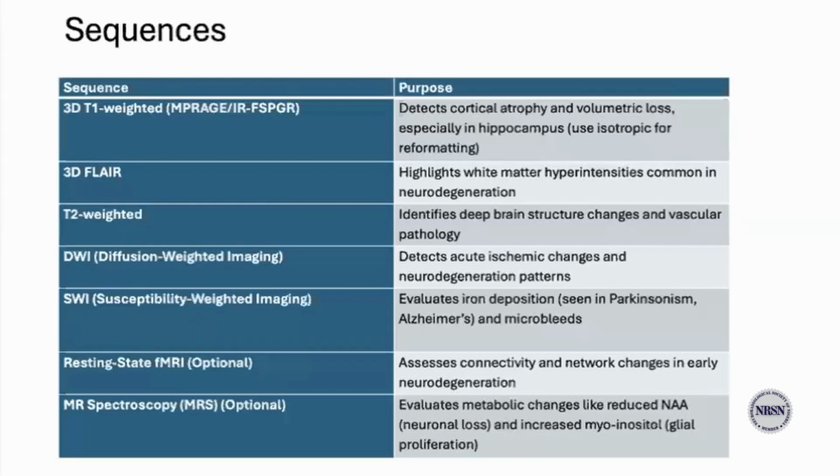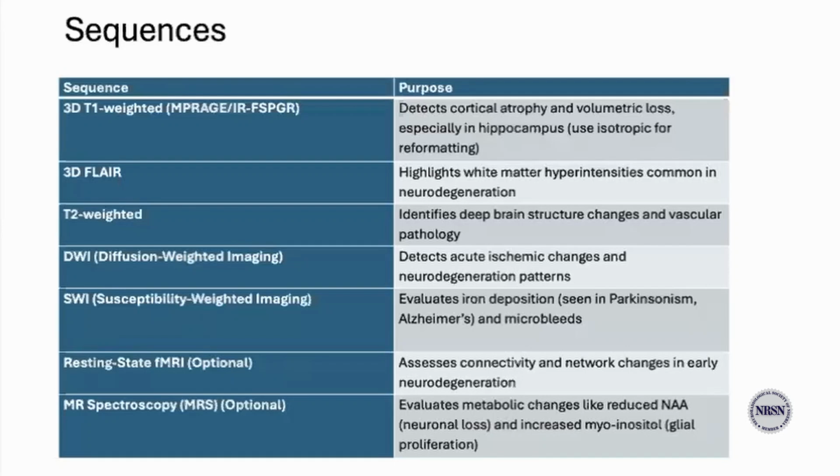All the 3 dimensions have to be equal. So for example, it can be 1 millimeter by 1 millimeter by 1 millimeter, so that you ensure you're not missing anything. Then we do a 3D FLAIR, again, to highlight white matter hyperintensities, which are very common in neurodegeneration, especially early enough. Then we do T2 weighted imaging, of course, to identify the brain structure changes and vascular